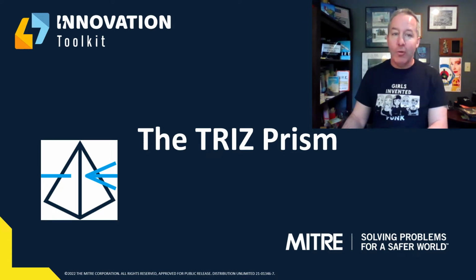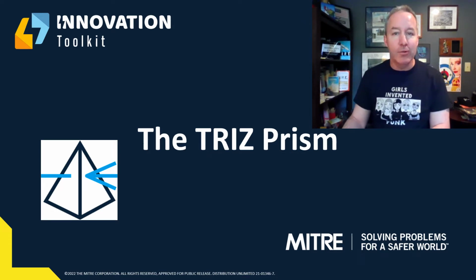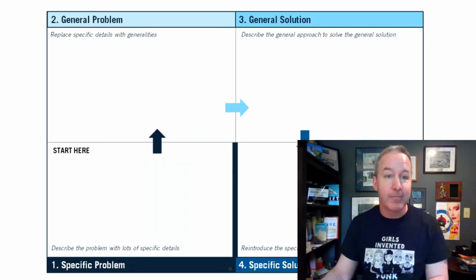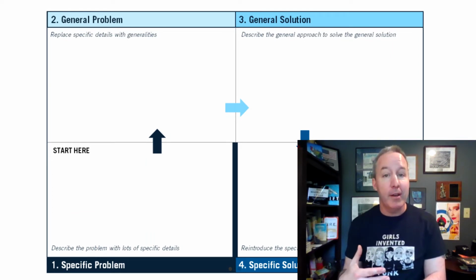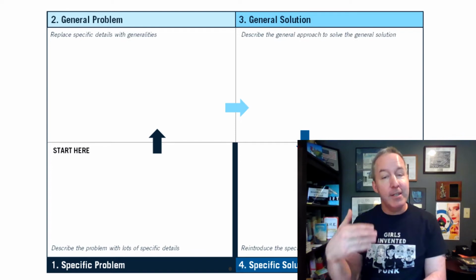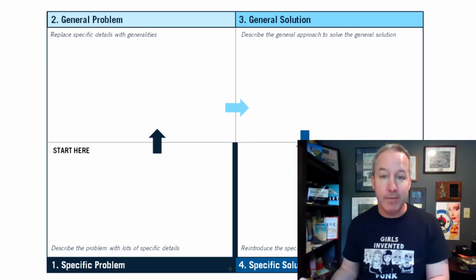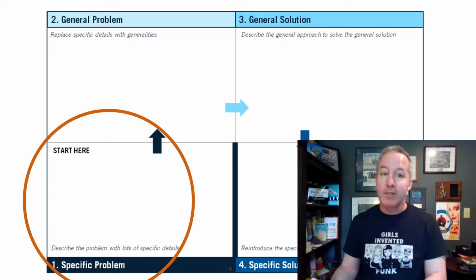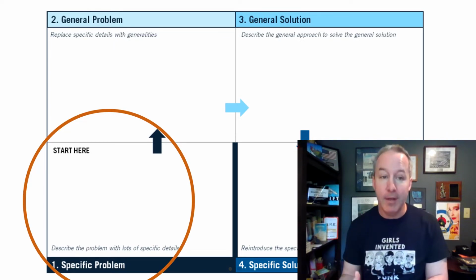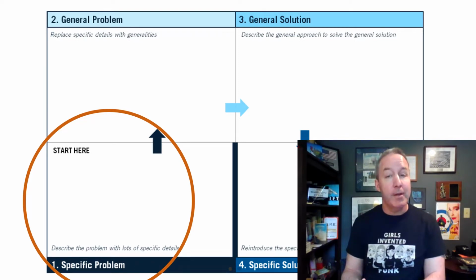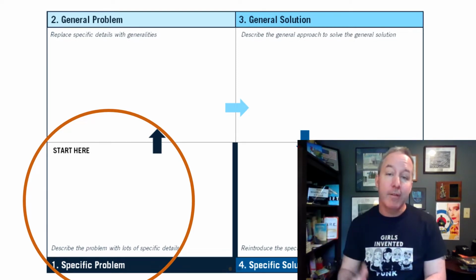In this video, we're going to talk about a really interesting tool that helps teams come up with creative solutions to hard problems, the TRIZ Prism. We generally use this tool when we have a hard problem in mind and we can't see an easy path to a specific solution. So before you use TRIZ, you may want to use the problem framing canvas to develop a clear problem statement. That problem statement becomes the input for step 1 in the lower left corner of this